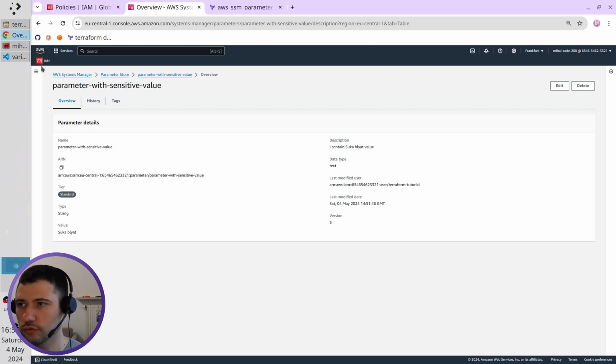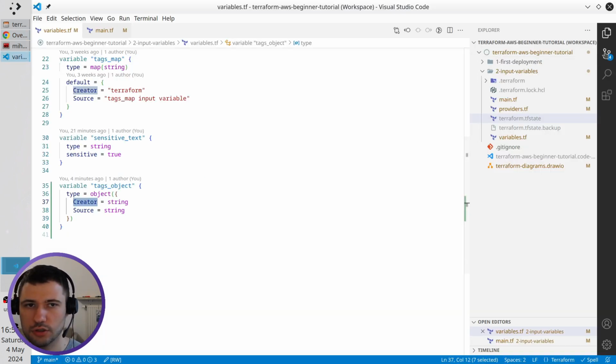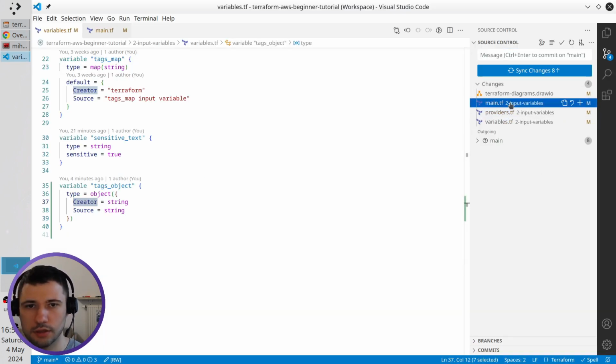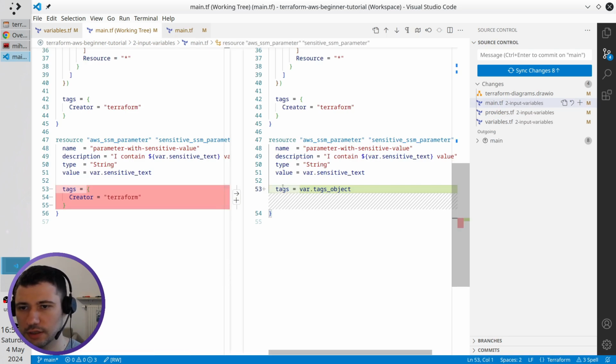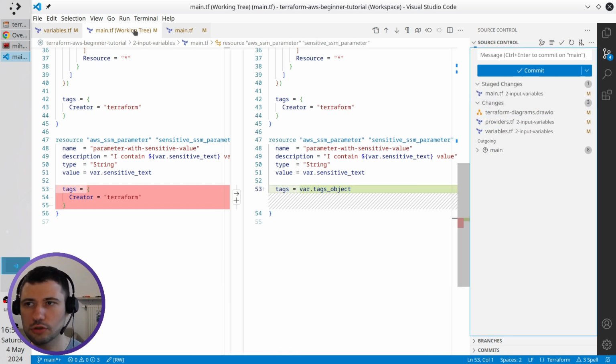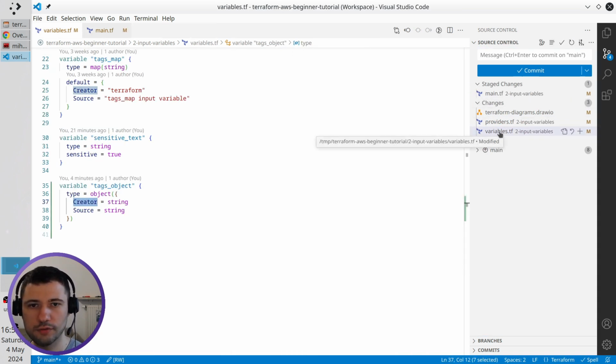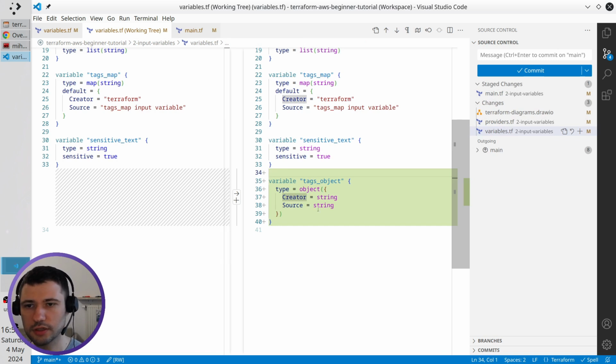Go to VS Code. Let's commit the changes. In the main.tf, I updated the SSM parameter. Now I provide the tags from a variable. Let's add the file to the stage. Open the variables.tf, here I created a new variable, add the file to the stage,